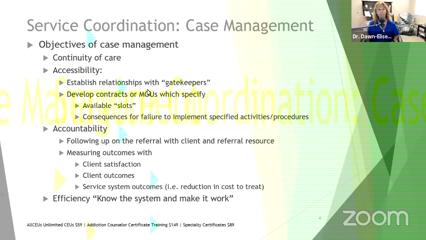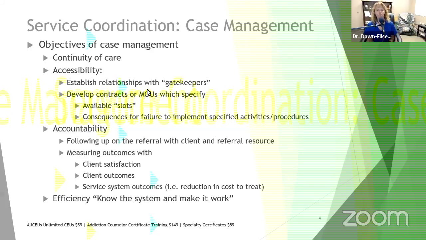that can come out of that if it's not done correctly. You don't want to guarantee that you're going to send all your referrals somewhere, but that's a whole different course. That's ethics. So make sure that the memoranda of understanding is very clear and there's no exclusive benefit. So anyway, accountability is another thing that case managers do.